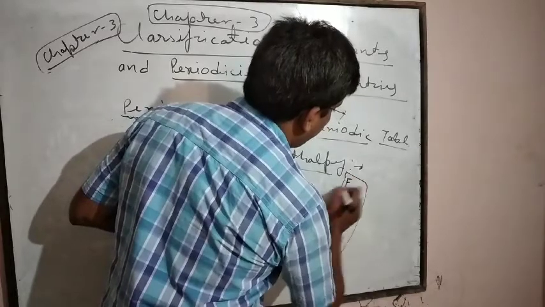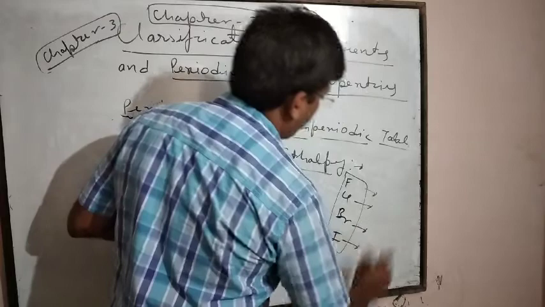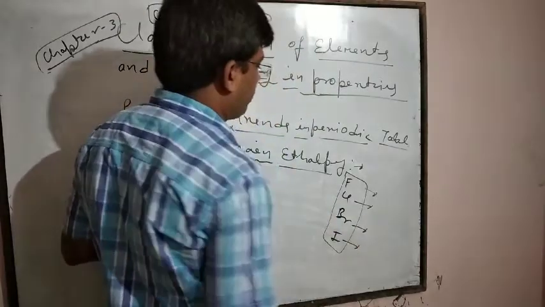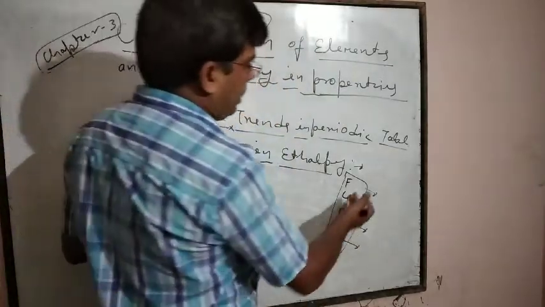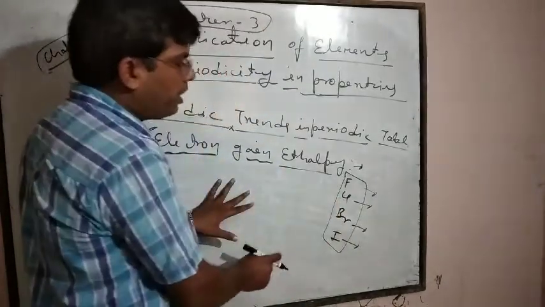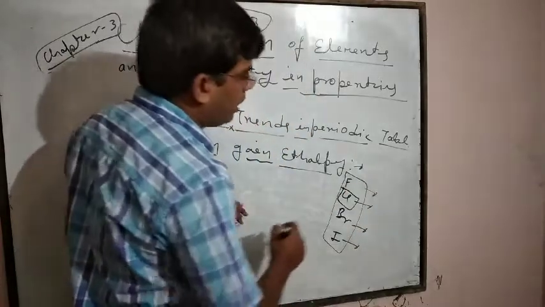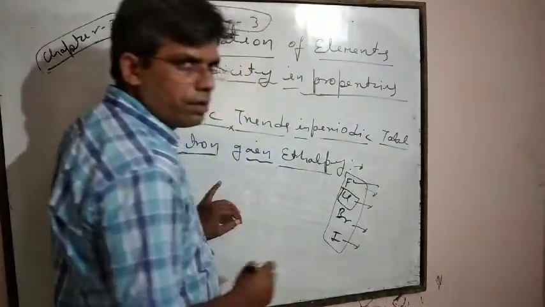We know that the negative value of electron gain enthalpy decreases while moving from top to bottom in a group, but here chlorine has a more negative value of electron gain enthalpy than fluorine,